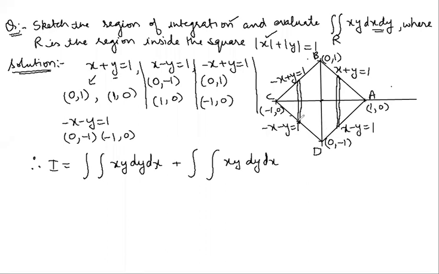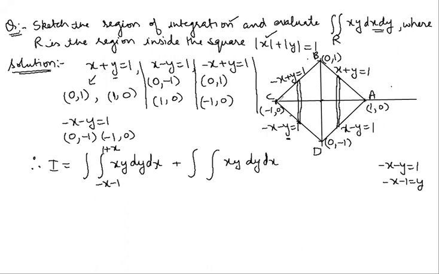The first integral limits I will give for the triangle BCD. For BCD, look where the lower edge of the strip is, on CD. What is the value of y on CD? I will bring y to the other side. Look, -x minus y is equal to 1. So y going on the other side, it is -x minus 1 is equal to y. So the lower limit is -x minus 1. Upper limit will be 1 plus x.